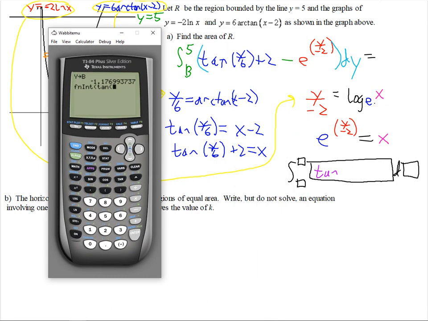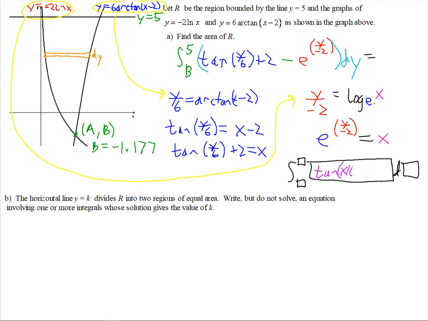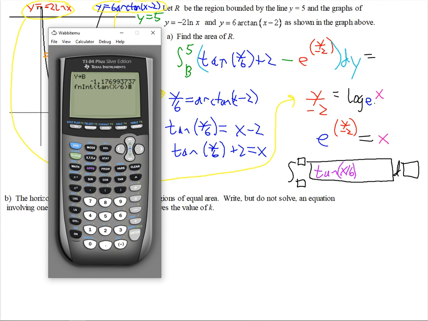On the older calculators, I'm going to put tangent, and everywhere there's a y, just put an x. So tangent of x divided by 6, close parentheses. Here again, it'll look like this. And then plus 2, then minus, and then you get the e, second e. And if it's an x, for y you put an x, divided by negative 2, so negative in parentheses 2,